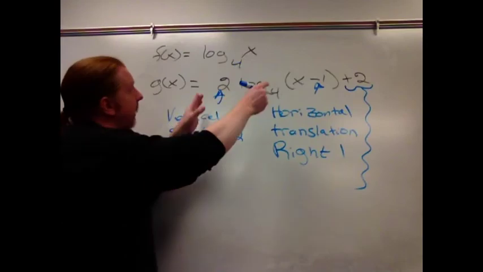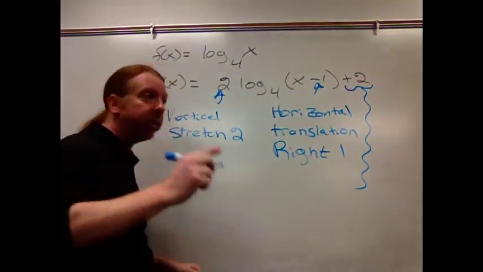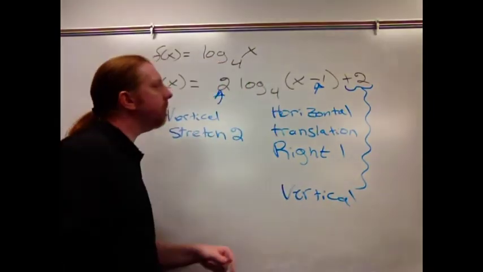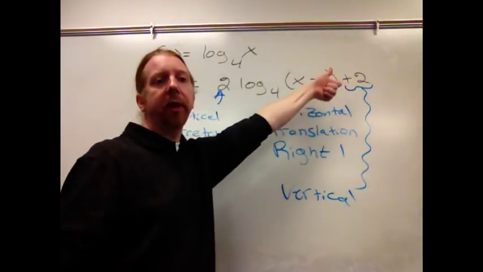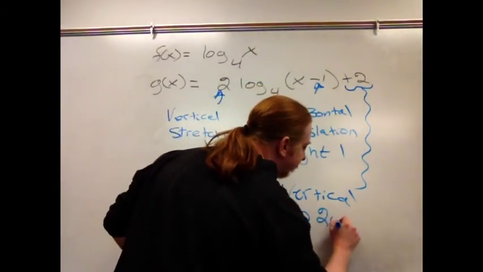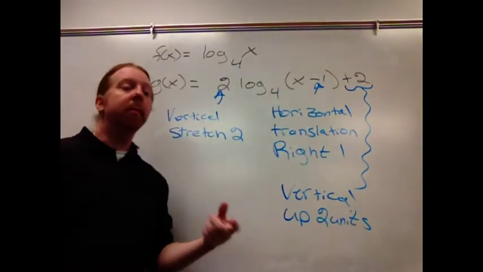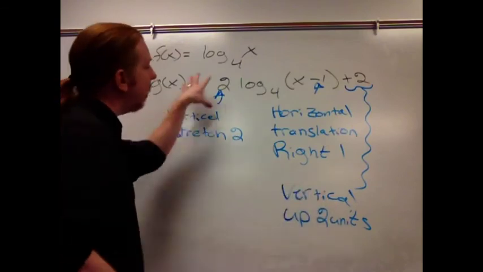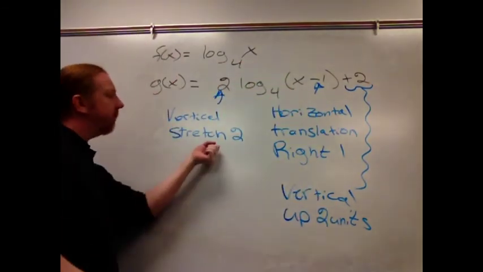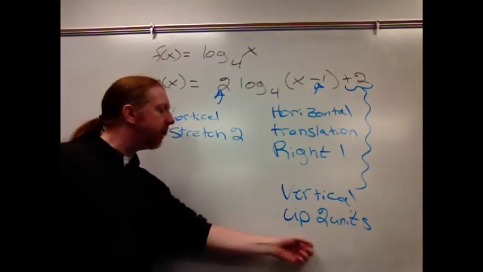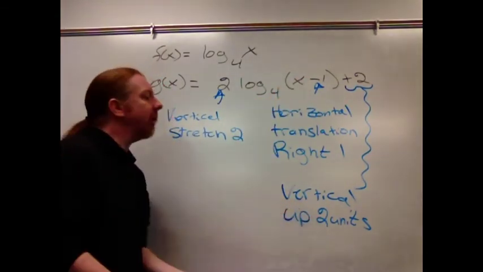Now it's on the outside of the original, so that's a vertical change. And it's 2 units plus, so that's going to be 2 units up. Again, the vertical is what you see is what you get. So the net result of all 3 of these changes is that I'm stretching it by 2 units, translating it to the right 1 unit, and then taking the whole thing and translating it up